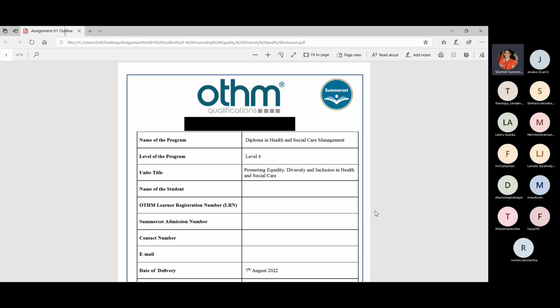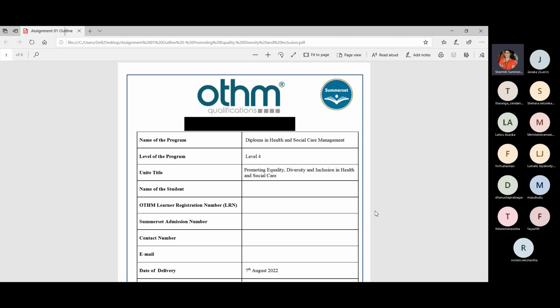So for each and every module, you have to finish 6 modules. When I'm talking about my modules, I have 2 modules. For the 2 modules, you need to complete altogether 4 assignments. So for one module, you need to submit 2 assignments, and those 2 assignments will cover all the 4 learning outcomes.